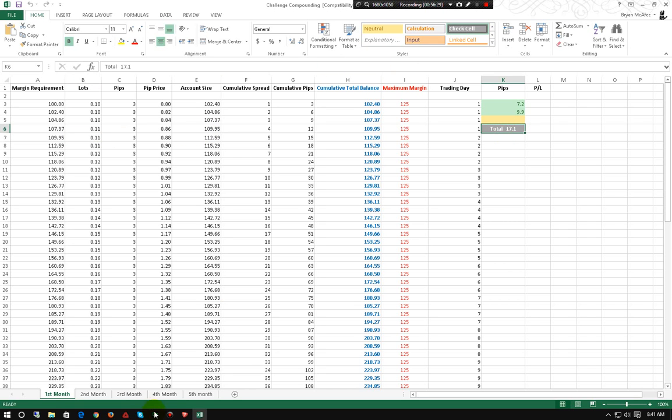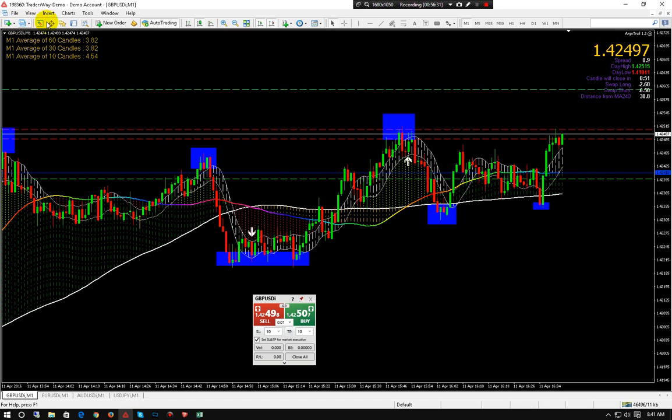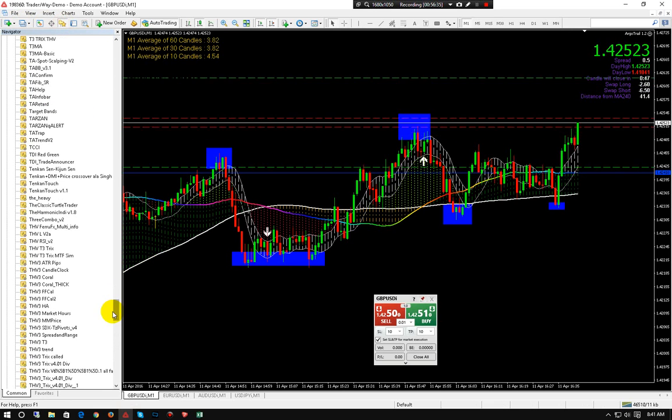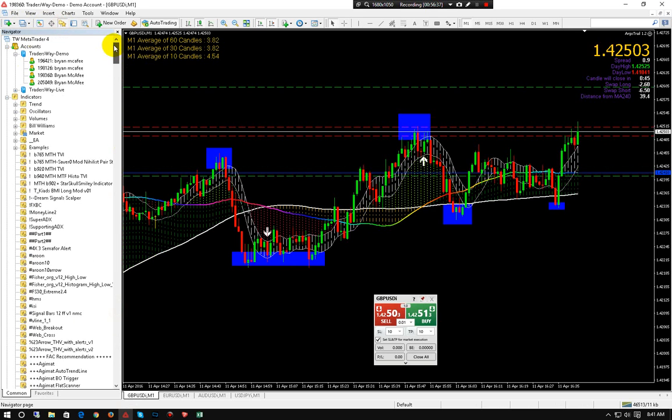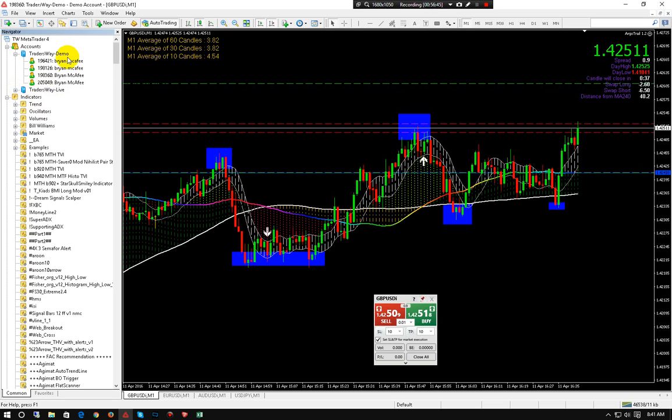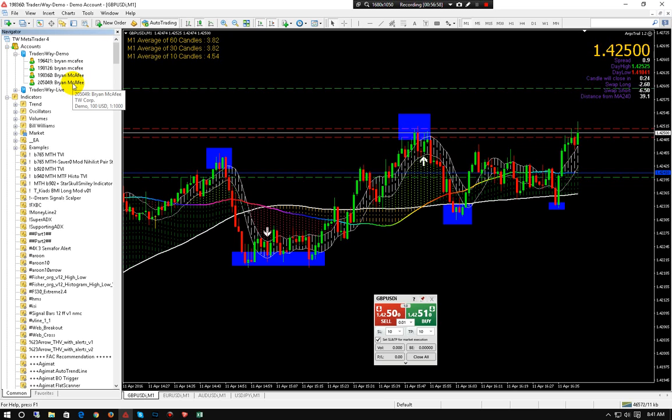Go to MetaTrader, go up here, and do it real. If you register, you'll be able to hop in and out of these accounts. So I have 4 accounts. I can hop in and out of any of these, and I have my live account. You can hop in and out of any of these demo accounts. Just write down the number. Once you've hit your goal for the day, you close out the demo account and you jump. See, this one's demo 100 USD 1 to 1,000.